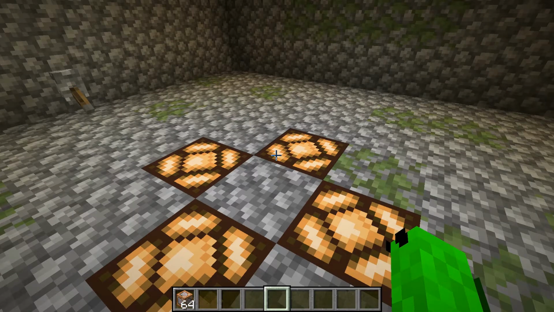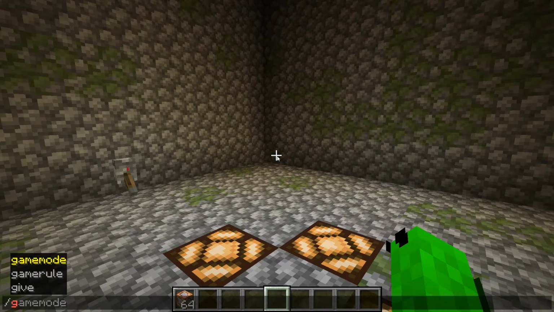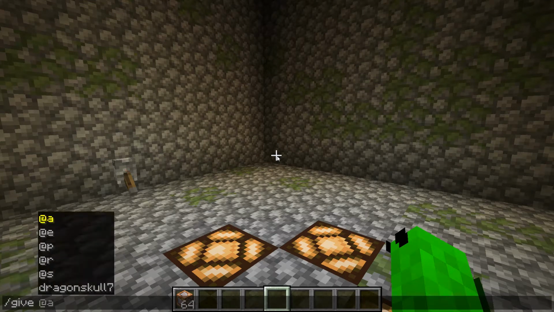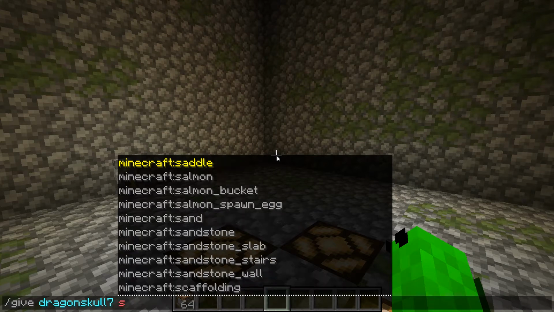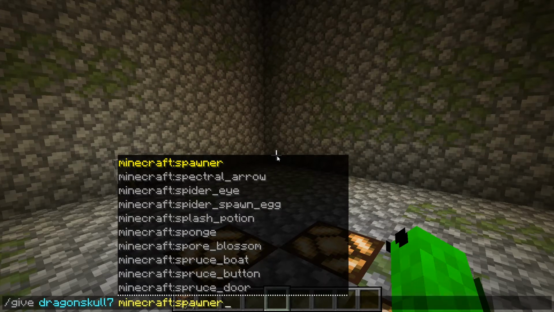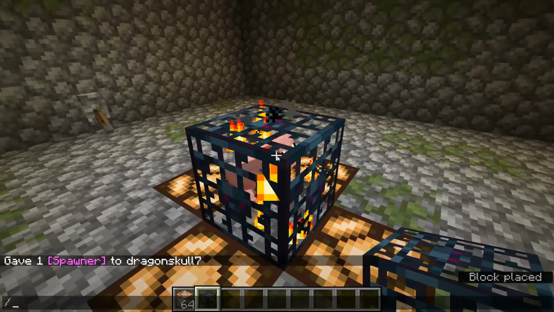You might be wondering how to get a spawner, and to do this you can do /give and then your player name. I'm clicking tab here so it fills it in for me, and spawner, and you get a spawner, and by default it'll be a pig. You can also set block,